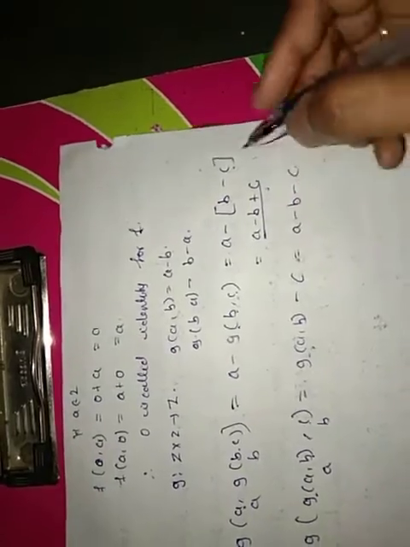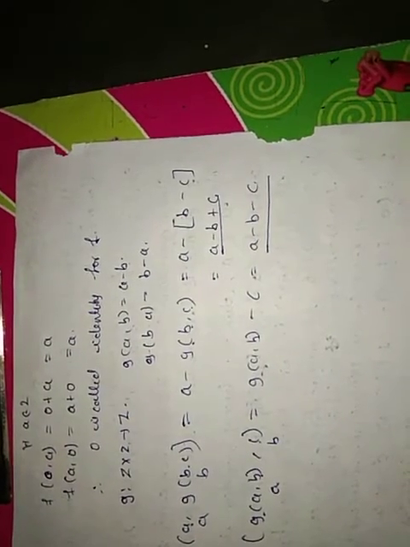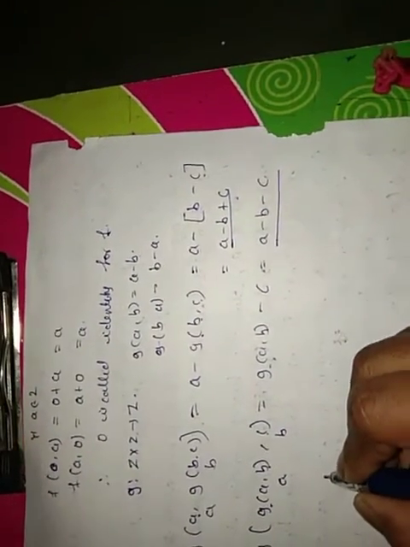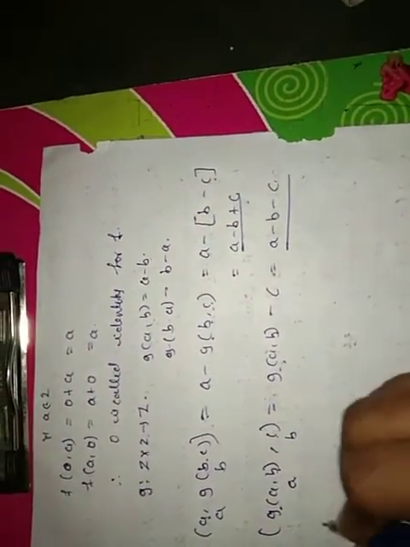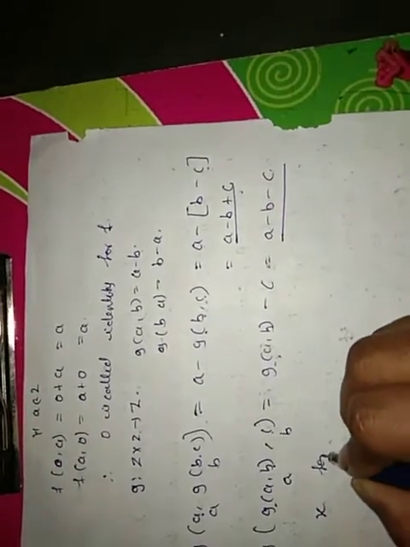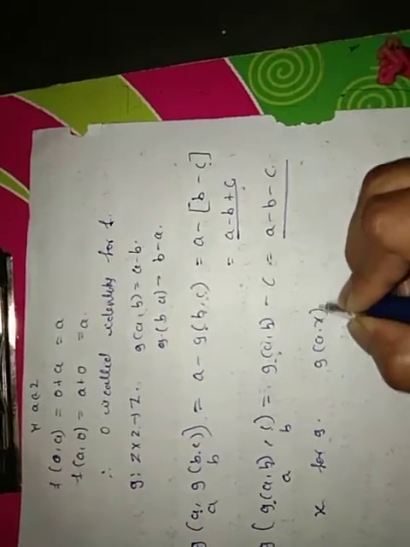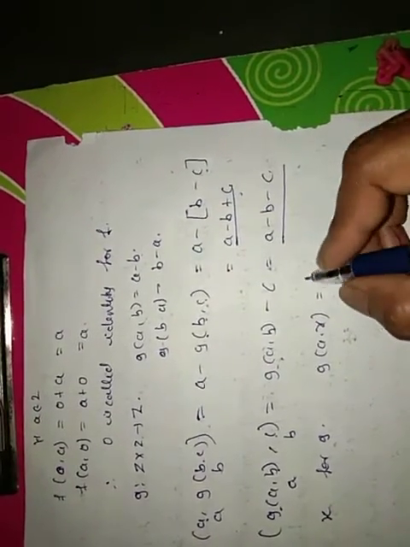A minus b plus c is not equal to a minus b minus c. Therefore, the associative law will not be satisfied here. Now come for an identity element. Suppose x is an identity. If x is an identity for g, we have g of a comma x is equal to a,